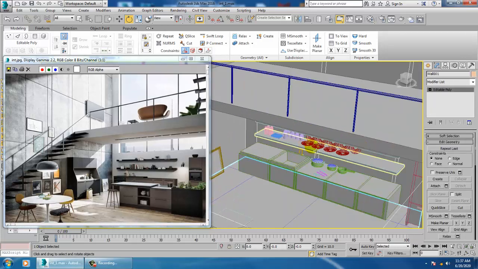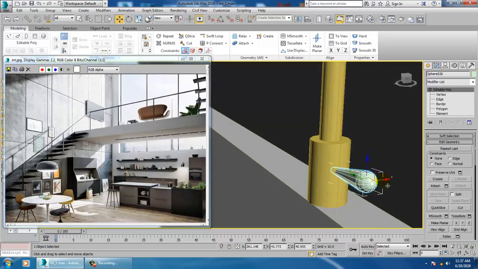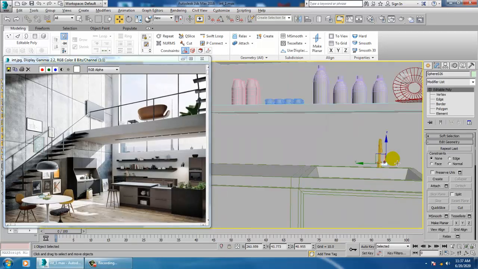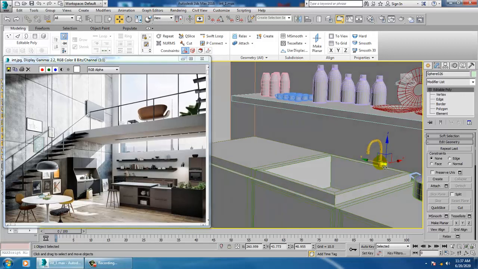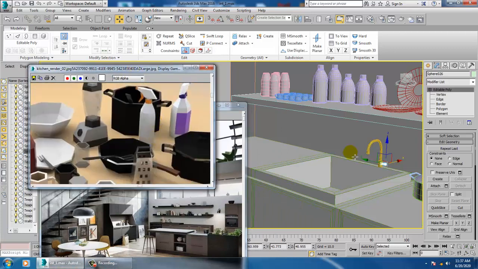That's it. So we are going with some fine details over here. Once you're done, we have some other elements to be modeled up over here.